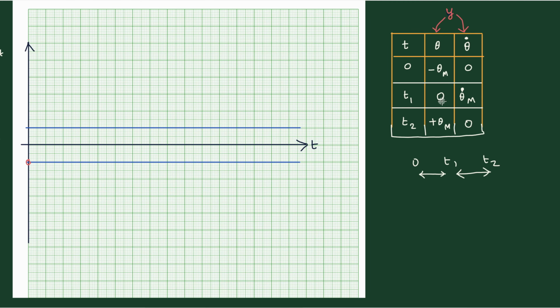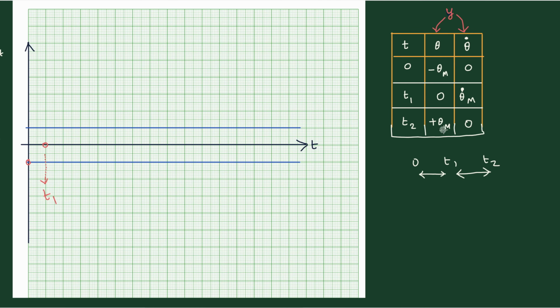Then you have 0, so 0 is there corresponding to t1. So let us make 0 here. This is 0. And let us say that this particular time is t1. So this is a t-axis, right? Time axis. Therefore, in the horizontal, I am not going to show numbers like 1, 2, 3, 4, etc., because we don't have the numbers right now. So we can say that it is t1.